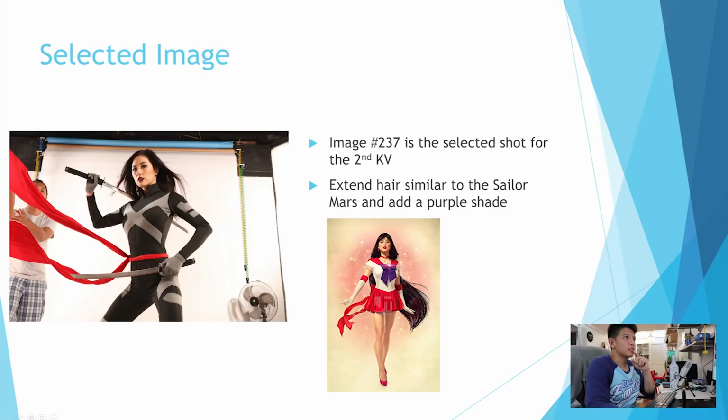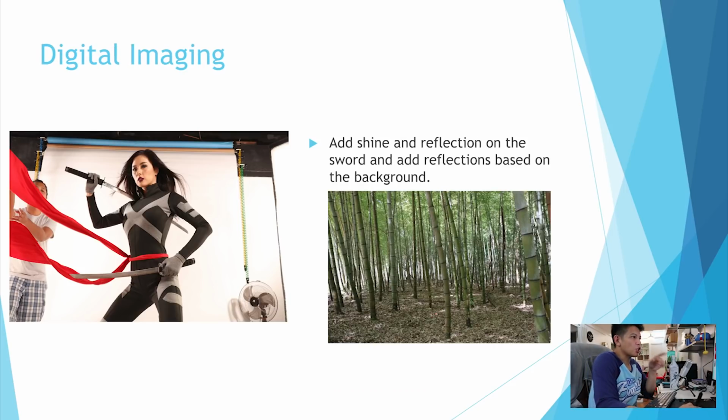So this is the second KV. As you can see, this is a horizontal layout of the shot or Jinri. So like I said, there are similar elements na I'm just telling our post-production guy Gani to replicate, like the hair again. And this is a shot naman, the background shot, I took it in Japan when I was hiking